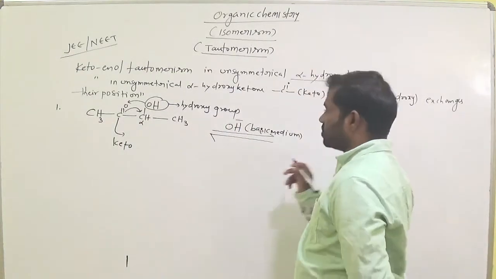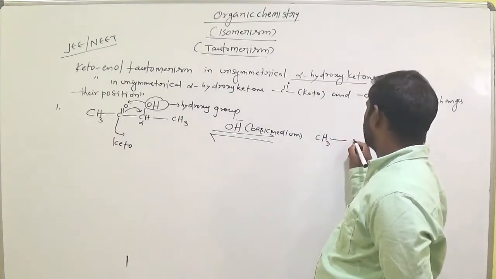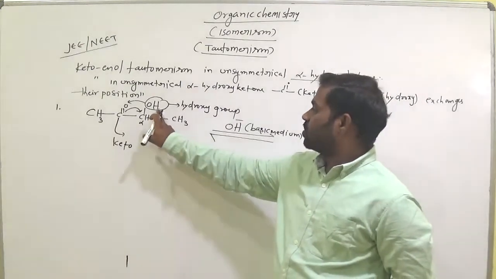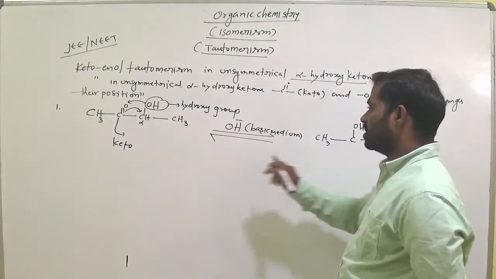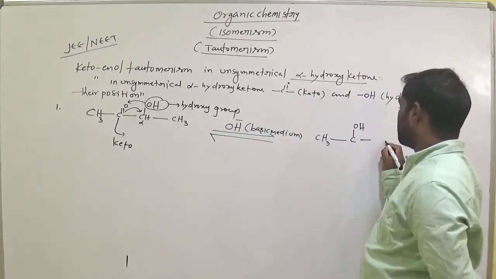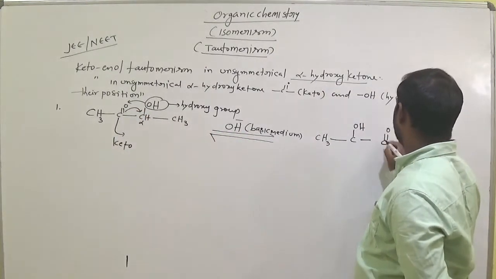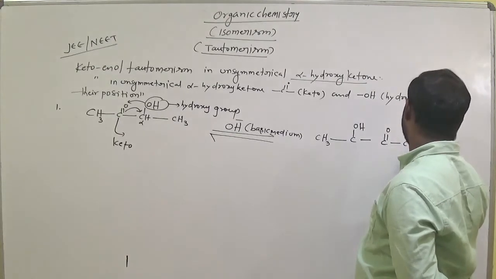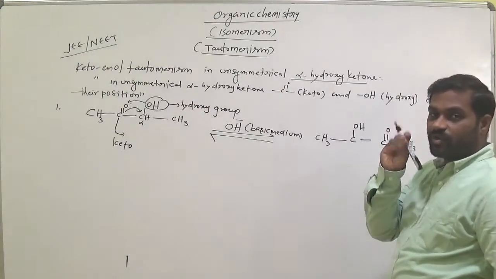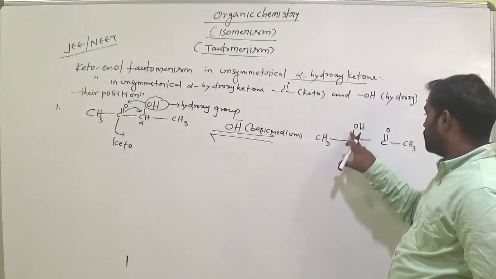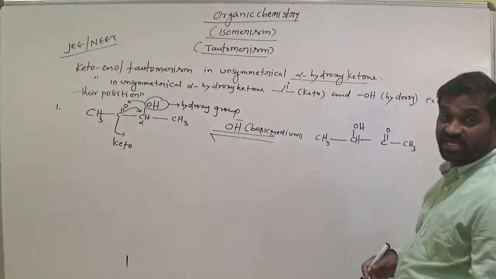Let's see. So write the first carbon. What is it? CH3, bond C. Now this OH, write on this carbon. Third carbon, this C double bond O right here on the third carbon, and CH3. Now check the valency of carbon. Carbon always has 4 bonds. Now here there are 1, 2, 3 bonds only. So for the fourth bond, write hydrogen here for getting tetravalency.